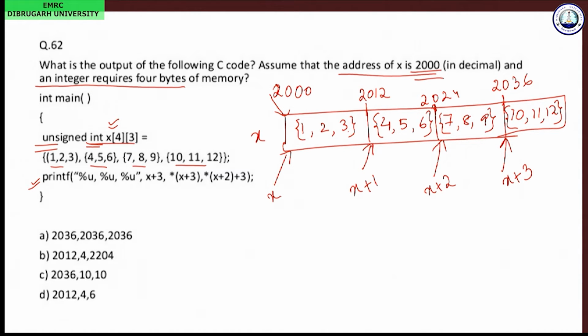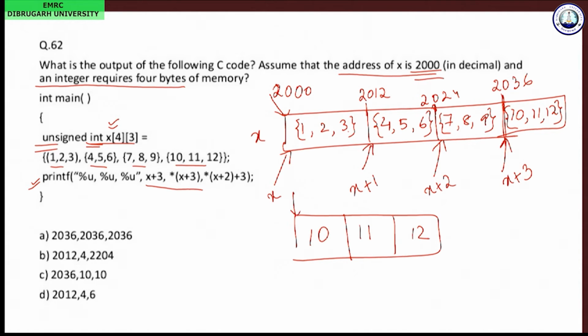As they are talking about x plus 3, let us redraw it again: 10, 11, 12, this is 2036, x plus 3.